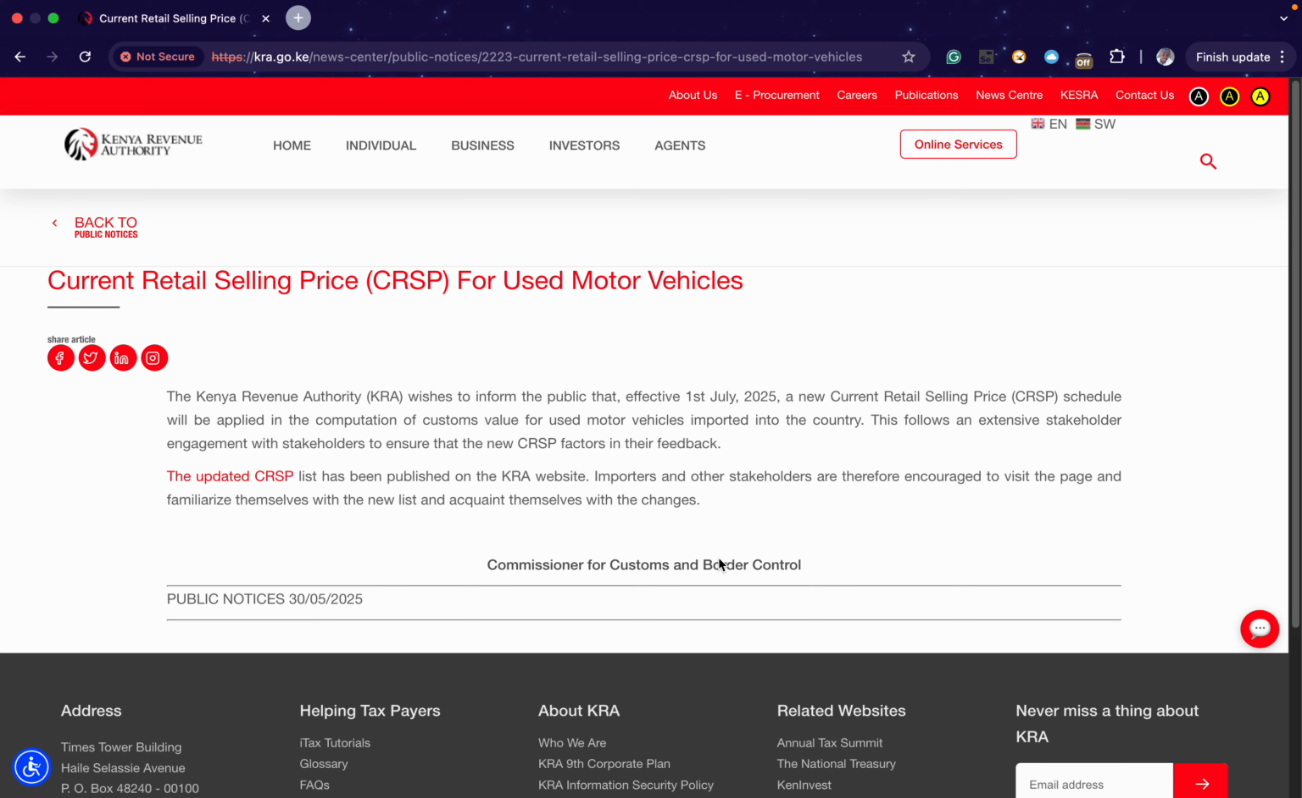Hey guys. So I know you have seen the new changes that will happen on 1st July 2025 in Kenya, where KRA will be using a new CRSP for vehicles. So this is just a short video to show you how to actually use that Excel